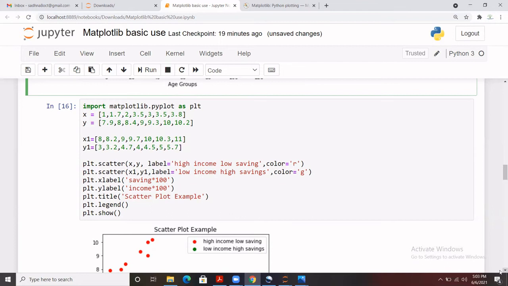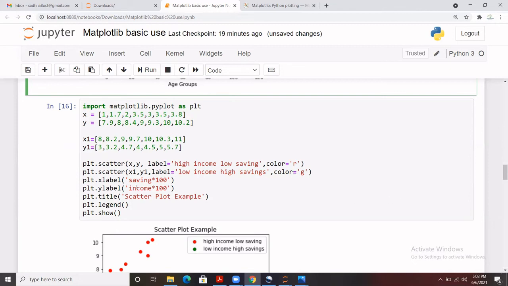For linear regression, to check the relation between two different variables, we create a scatter plot to check how they are related, whether linear or non-linear.